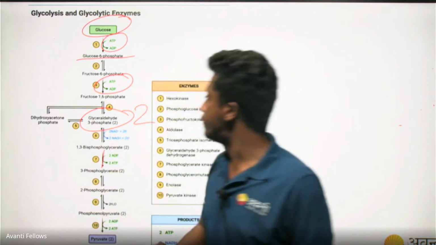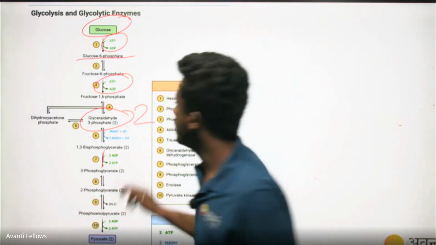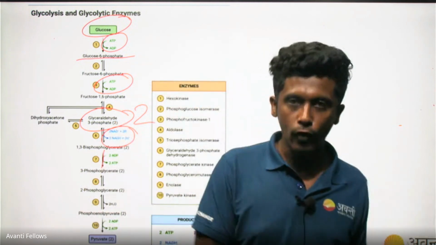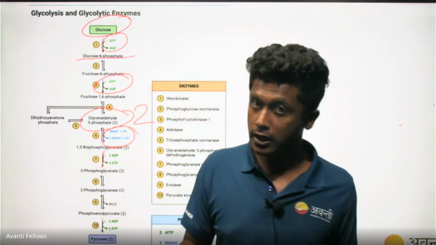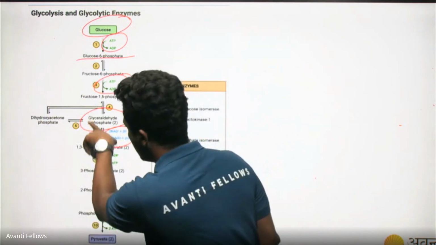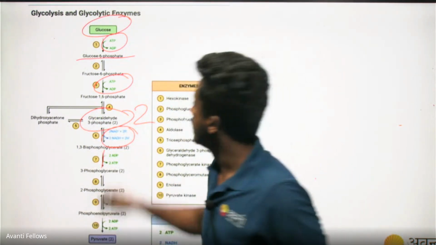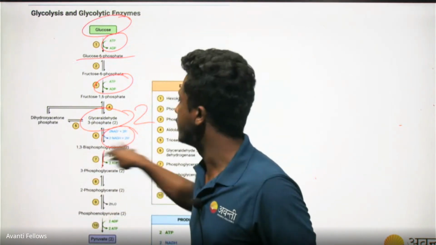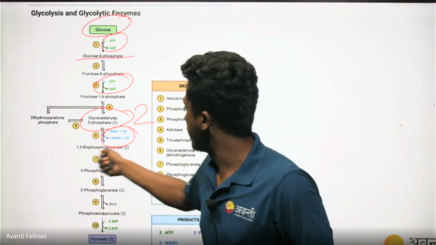So this glyceraldehyde 3-phosphate is again added one more phosphate molecule. This time not by ATP, but by the reduction of NAD plus. I take NAD plus with the help of inorganic phosphate. What happens here? I get NADH plus 2H plus. What happened to this phosphate? The phosphate got added to our glyceraldehyde. Here it was only one phosphate, that is glyceraldehyde 3-phosphate. Now I get 1,3-bisphosphoglycerate. Or glyceraldehyde 1,3-bisphosphate is also correct. So 1,3-bisphosphoglycerate I get.